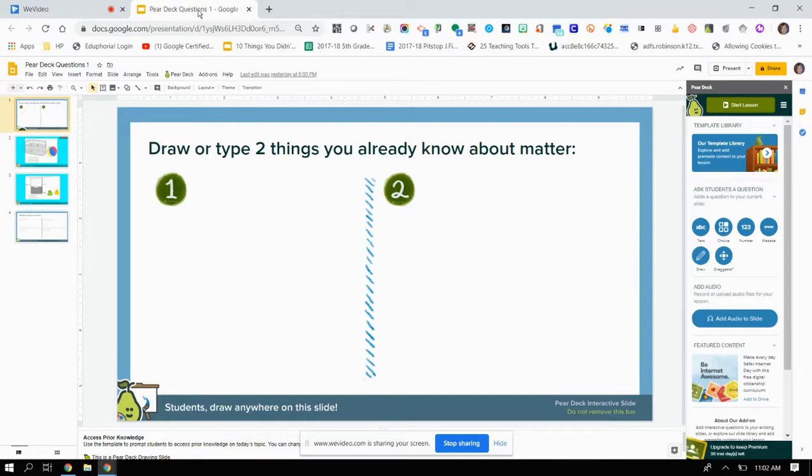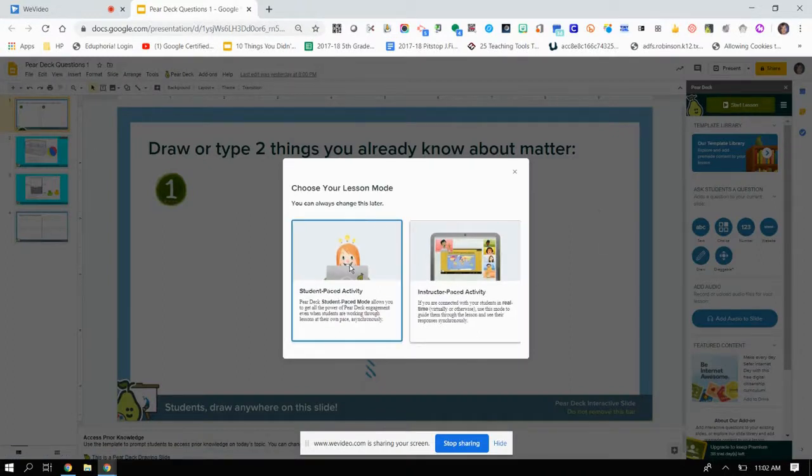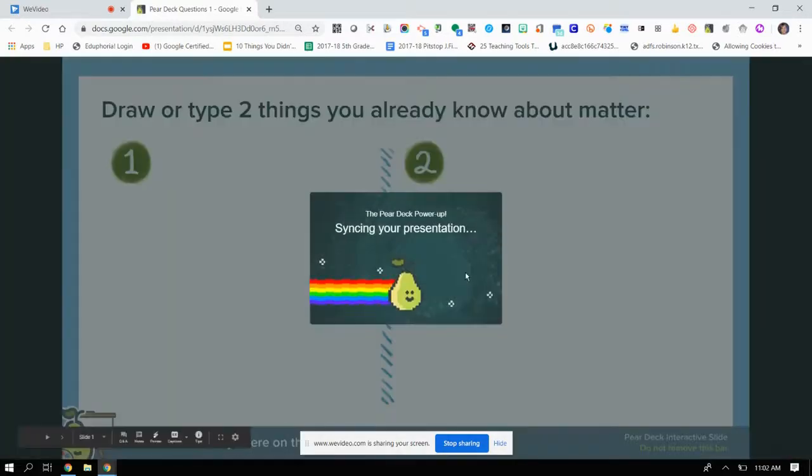Now that we have chosen an application for each one of our slides, we've decided that we want to make them interactive. We are ready to share with the students. So let me show you how easy that's going to be. Over here on the right, at the very top of the little tool panel, you'll see that it says Start Lesson. So click there. It will ask you, what do you want to do? Do you want to make it student-paced or instructor-paced? And it also gives you a little disclaimer that says you can change this later if you'd like. I'm going to go ahead and go instructor-paced today